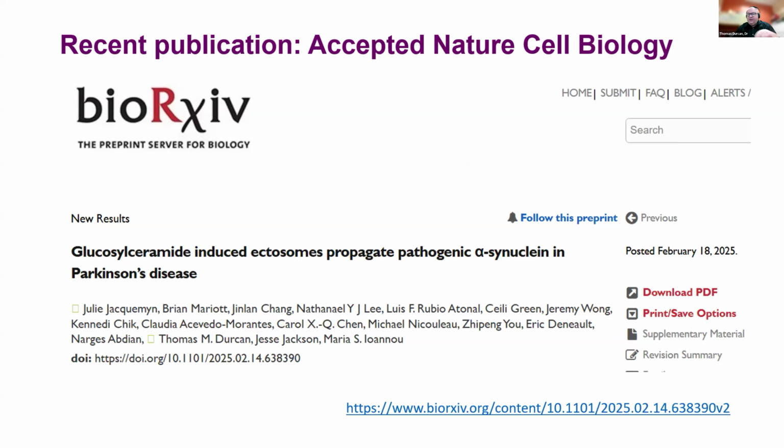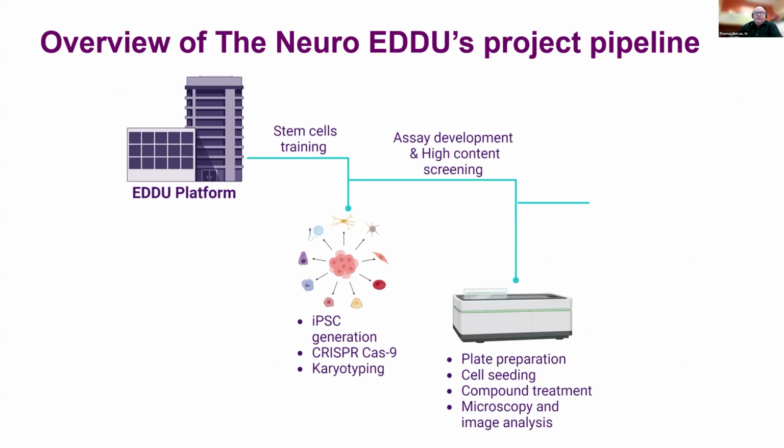So it's in bioRxiv now. It's free to read, but it is going to be coming out in Nature Cell Biology probably in the next week or two. It was accepted before the holidays. But just to give an example of what the lines can be used for. And so in a way, we're happy to then provide the lines. We do have a pipeline within our group of what people can do.